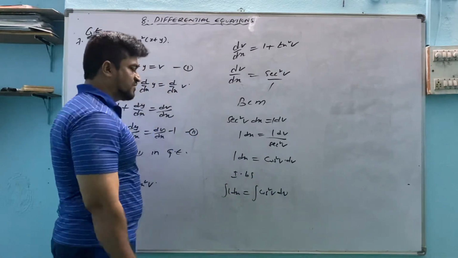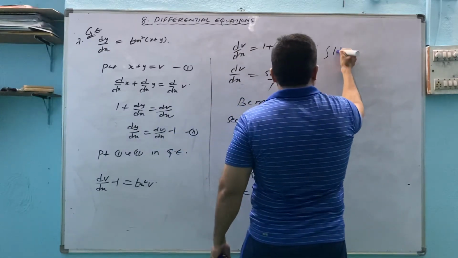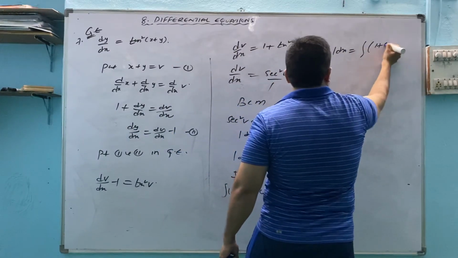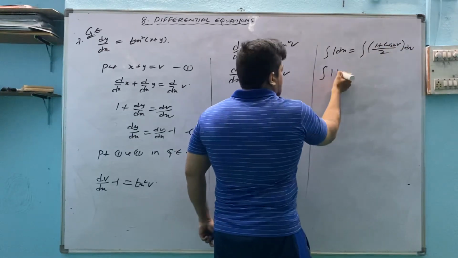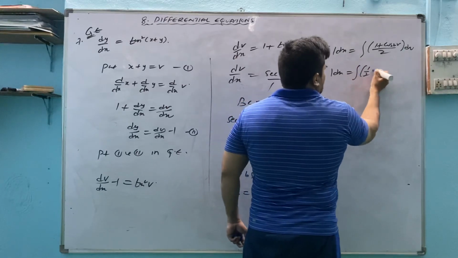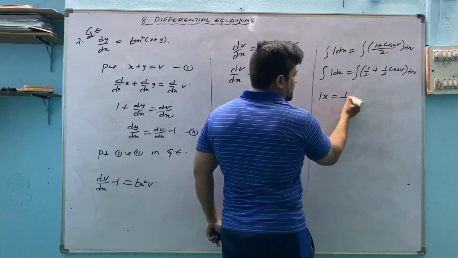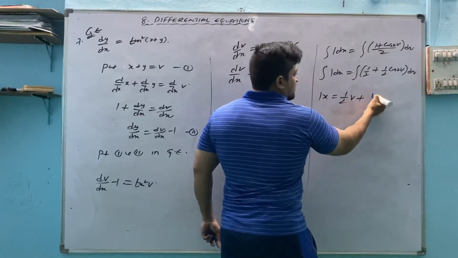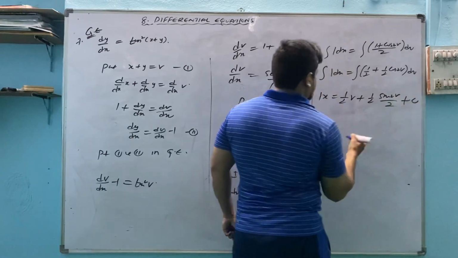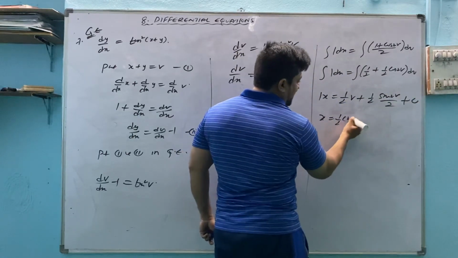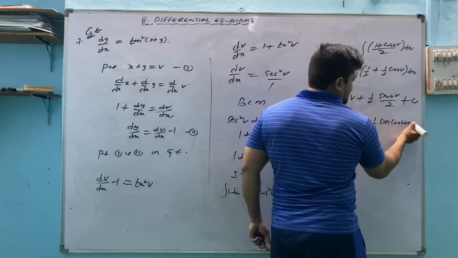We don't have a cos square formula, so use the identity. Integral 1 dx equals integral of 1 plus cos 2v by 2. Integral 1 dx is integral 1 by 2 plus 1 by 2 cos 2v dv. Now this is 1x, 1 by 2 dv is v by 2, 1 by 2 cos is sine, inner function is 2, plus c. So we can substitute the v value here, x plus y. 1 by 4 sine 2 into x plus y, plus c.